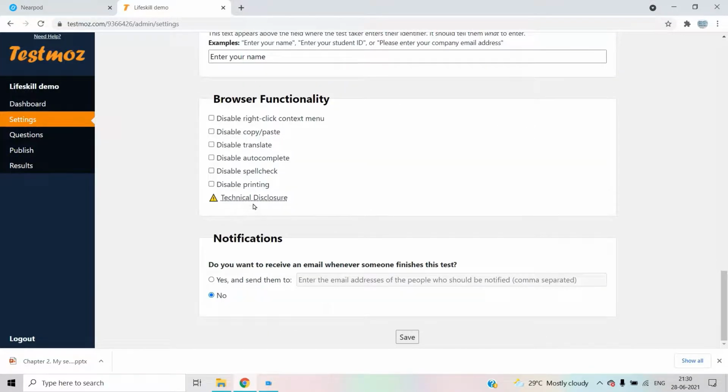These are all for paid version. Okay. Next, notification. Do you want to receive an email whenever someone finish this test? If yes, and send them to this email ID that you can mention here, or else no. Then save.